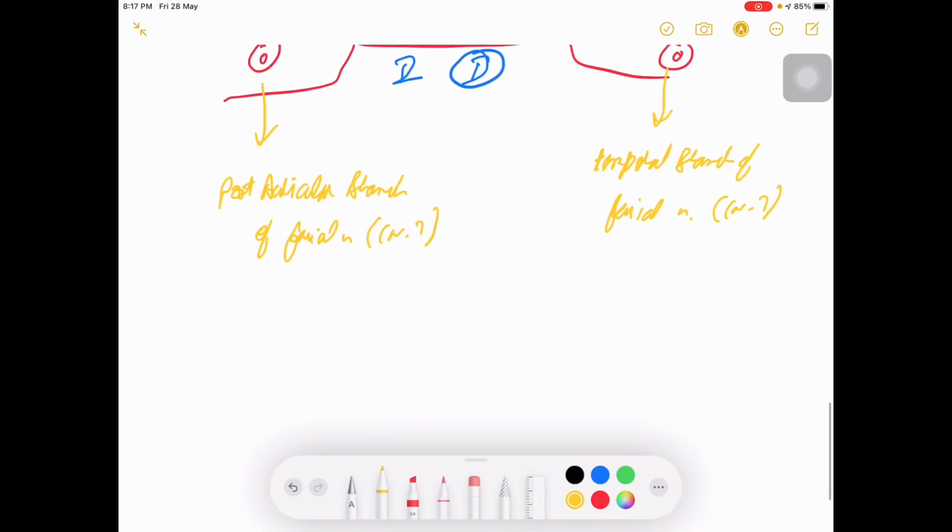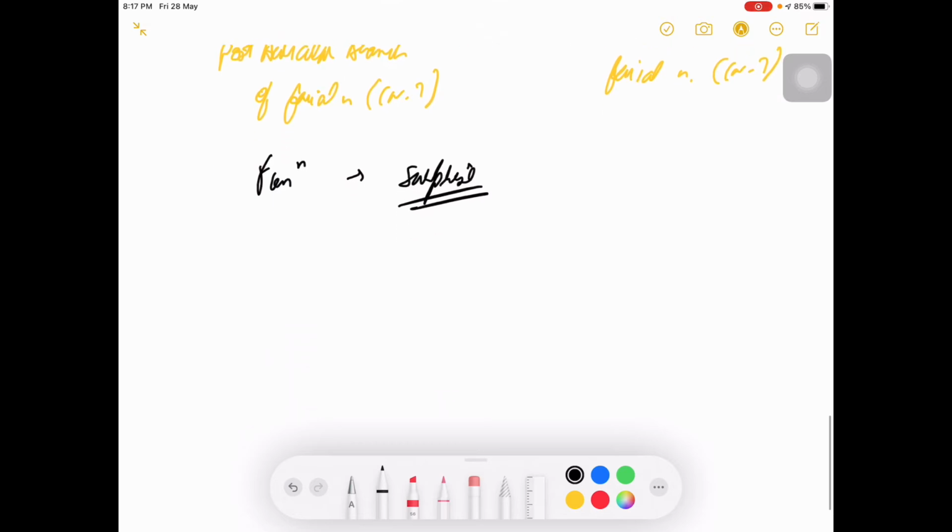Now, before moving to L, we need to know the function of this muscle. The function of this muscle is basically that it pulls the skin of your forehead upwards. So it gives an idea of surprise, when the person is getting surprised and lifting the eyebrows up. That's the thing over here.